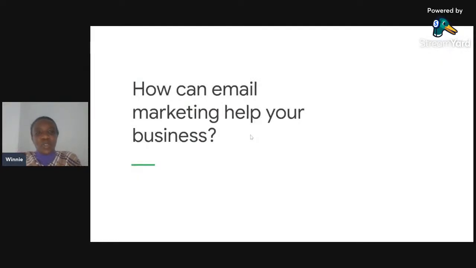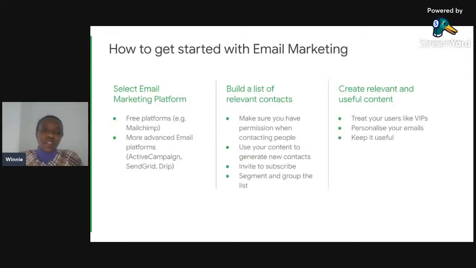So now moving on to email marketing, how do you use that for your business? Number one, you need to select an email platform. We have free platforms like MailChimp, so this one you can use to do your email marketing. So as part of the social media plan that we had, probably your call to action will be signing up. If you direct your client to sign up, they will leave their email address. So that could be a way for you to get those leads.